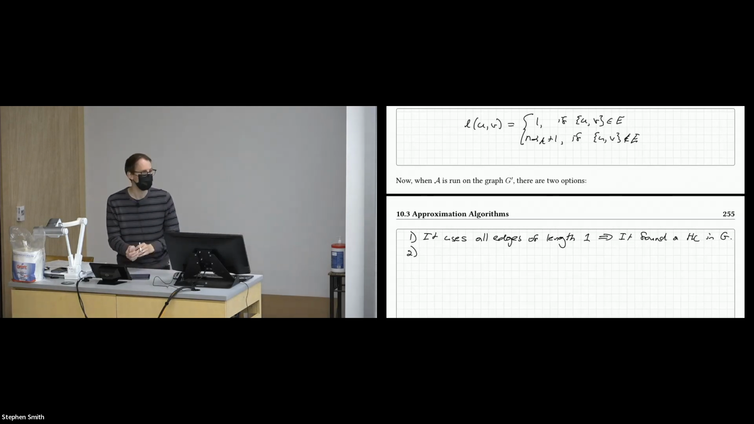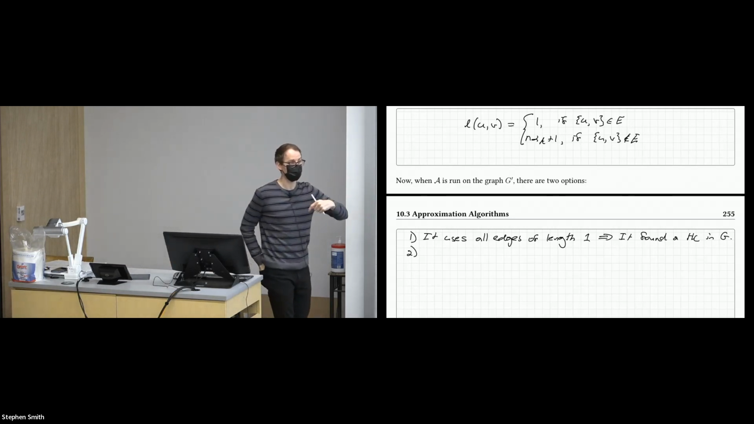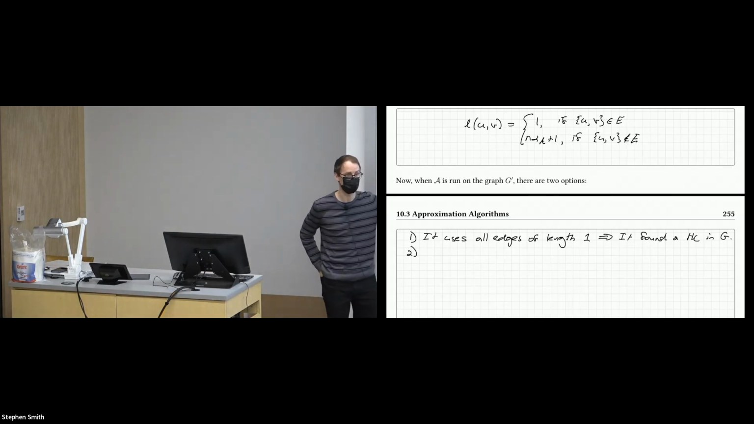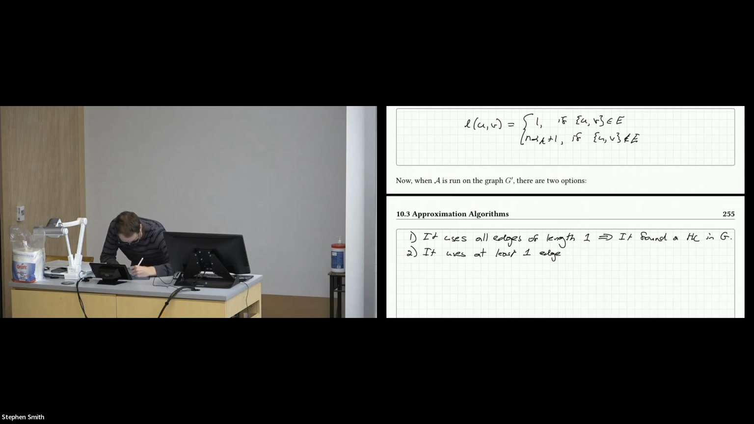And if it didn't, if it outputs something larger, the cost is going to be so large that even dividing by the approximation factor, I now know that the optimal has to be bigger than n, which means that even the optimal solution couldn't use all edges of length 1. So let me try and convince you of that. Case 2 is it uses at least one edge of length n,